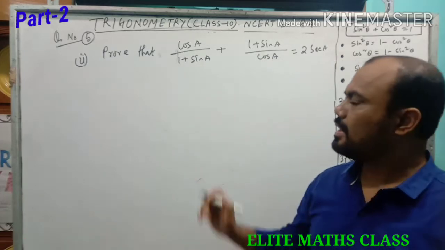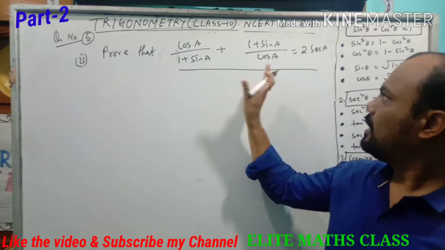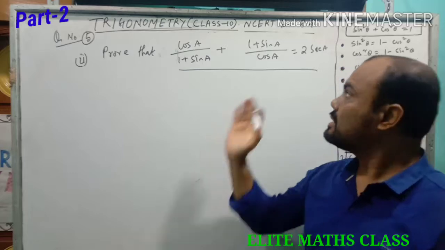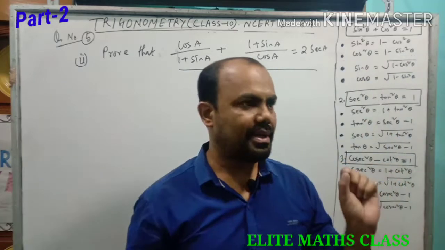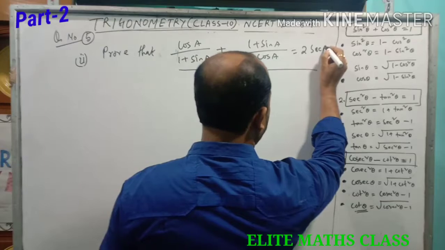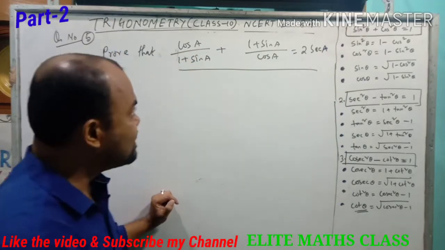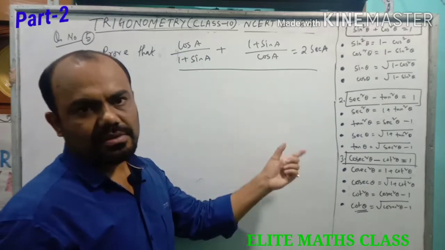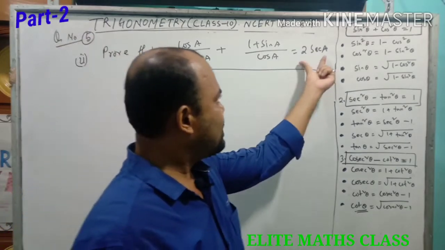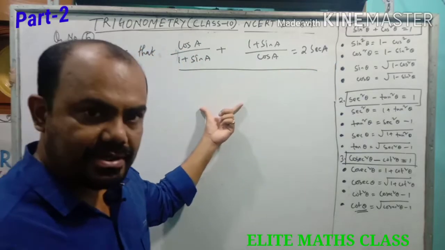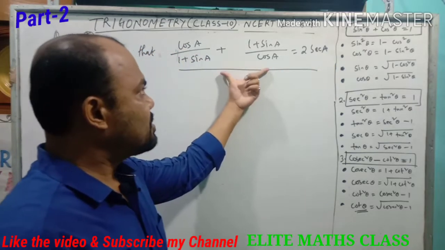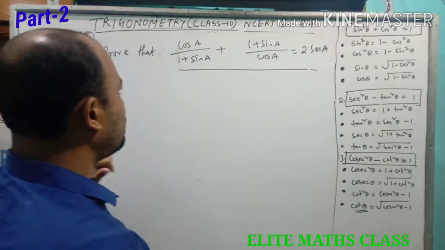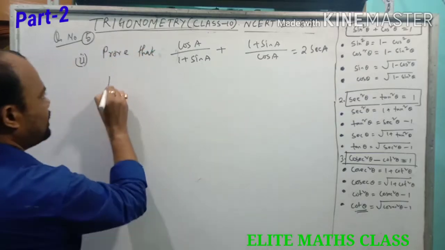Now what techniques? Now see that this is the given question. The LHS part has two terms, it is a large expression, whereas in the RHS part it is a smaller part, a single term, 2 sec a. So in such types of questions it is better to start with the larger expression, because it will be difficult to start with the smaller expression and get a large expression. It will be easier to start with the larger expression and end with a smaller expression. So in this question we will start from LHS.